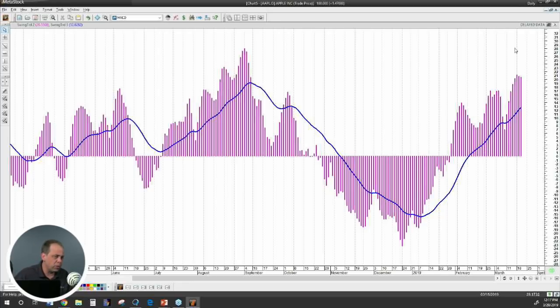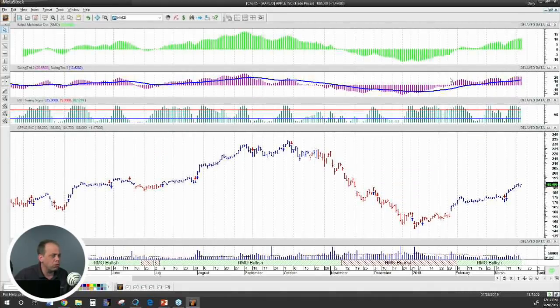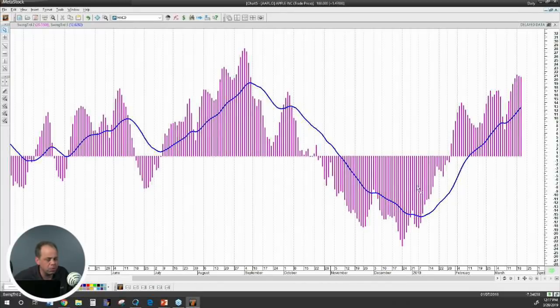And you'll notice, if we compare it to the longer term trend right here, it's a lot more reactive to market trend. It looks very, very similar, but you'll notice that it's a lot more volatile because it's looking at a shorter term time frame. So that's why we're looking at the shorter term trend. This is going to be a lot more receptive to price action. We want this to also be in a bullish phase, and we read it the same way.